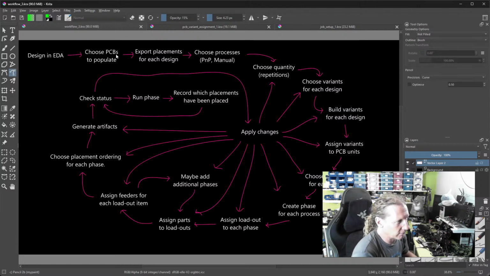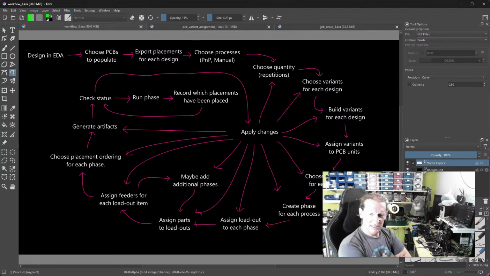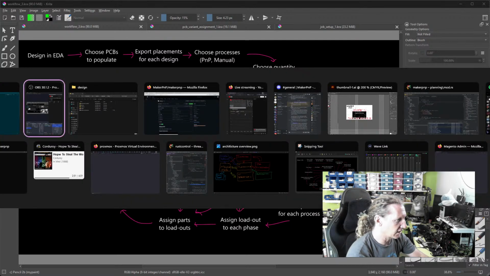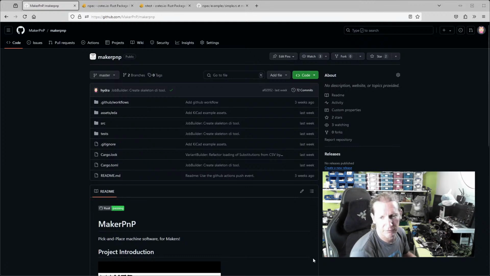So we were sort of going around this, going, okay, where can we write some code? And we got to assign variants to PCB units. This is the one that we got to over here. And I think also on Friday we were looking at wanting to run stepwise tests in Rust, and I did a little bit of research over the weekend and on Friday afternoon, trying to find Rust crates that did this kind of thing. I found a couple,